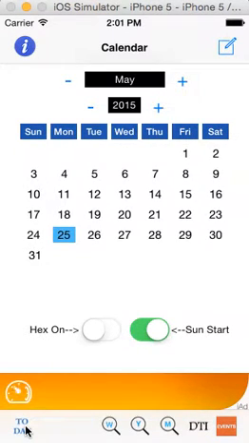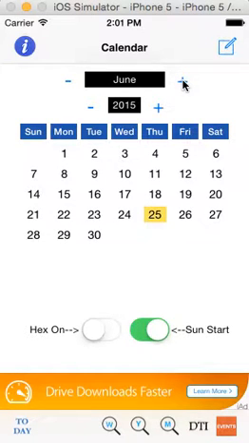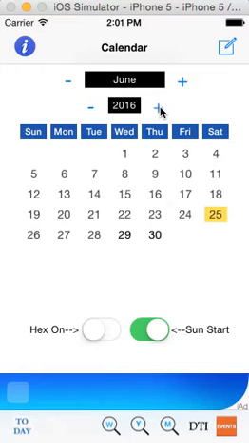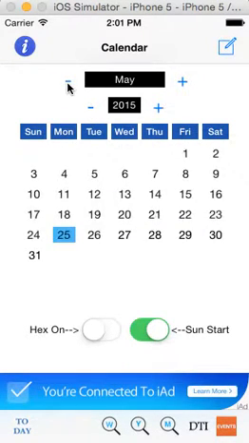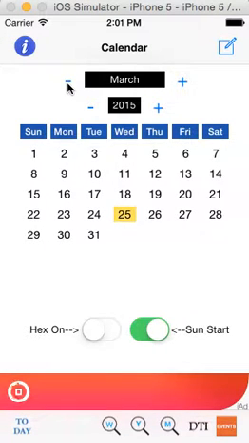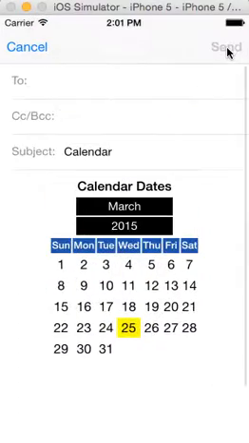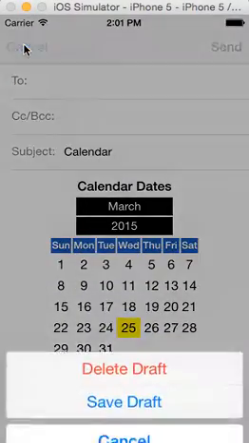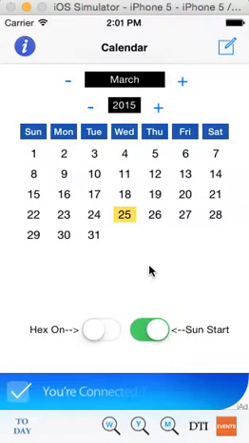Click on today, I go back to today's date, and if I want to switch month, I can do this, and again it adjusts. If I want to switch years, I click, going forward, backward, and so on. And every time I readjust the calendar, it readjusts the calendar print to show the one that I've selected. Okay, let's